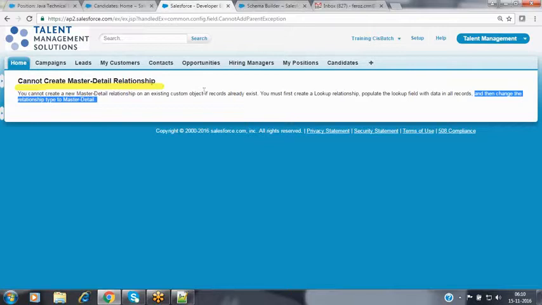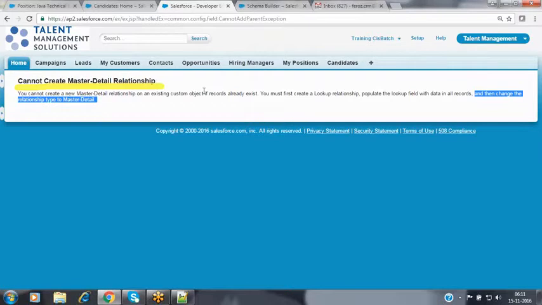The same functionality is available in your database also, as we have just discussed. If you want to create a primary key field on an object which is already holding some records, the database won't allow you to create the primary key field on that object. First, we have to create the field with a not null constraint, then provide the value for each and every record, and then we can convert that not null to primary key.